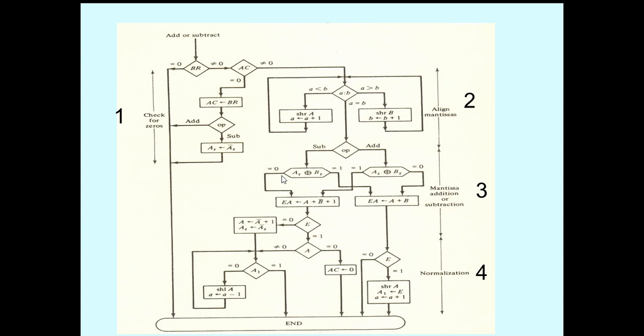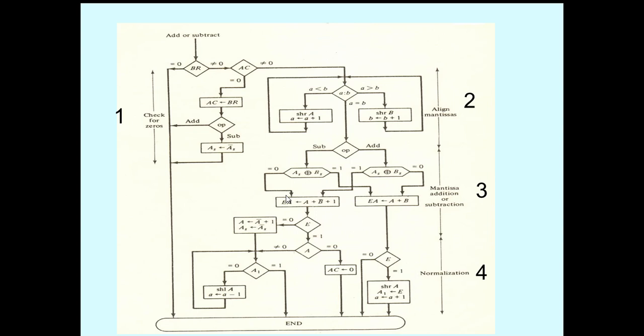If both are different, then go to the addition. Here in the subtraction, both are the same, so do the subtraction operation. I already told you how to do the subtraction of two numbers. The second operand is subtracted from the a. So we can do the subtraction by using the two's complement representation.